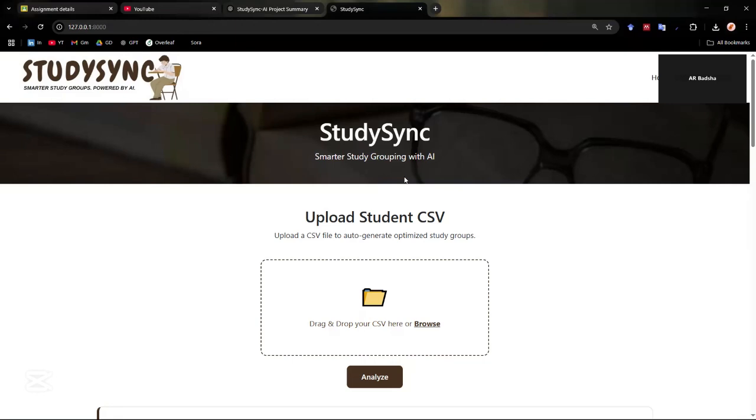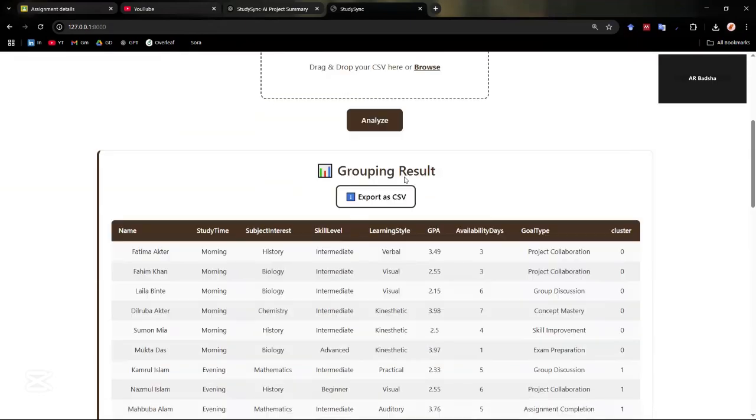That's how Python and the front end work together in the